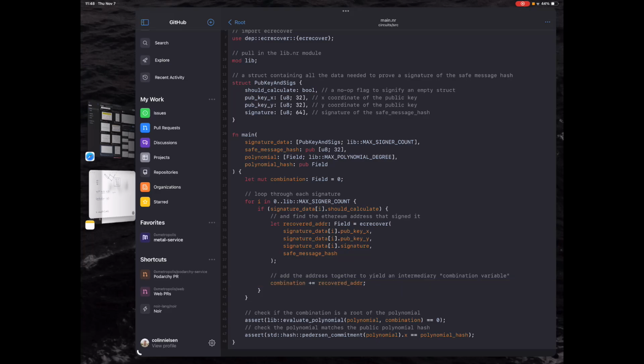Then here we have an intermediary combination variable, which we are going to add to after each iteration in the array. In the case of Bob, Alice, and Charlie, adding Bob and Charlie is the same as adding Charlie and Bob. It can go either way. It doesn't matter what order they're passed in to the circuit. So if the signatures themselves are valid, which is validated by the circuit, and if the combination set is valid,